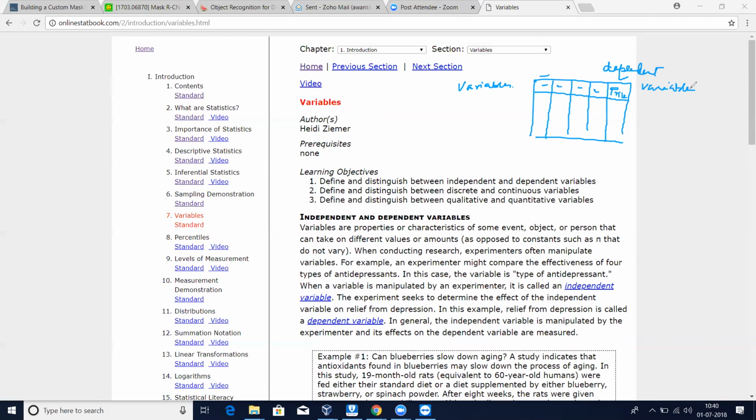Other variables which are not dependent on anything else are known as independent variables. Like index. No, index is not a variable actually. It is just the row number of the data. But other things like square footage, number of bedrooms, number of bathrooms, these are known as independent variables. Nothing but the features.